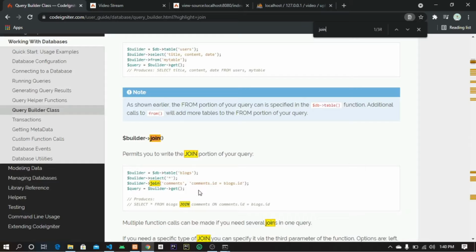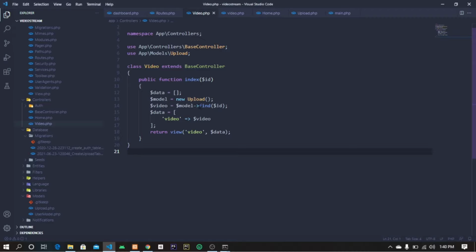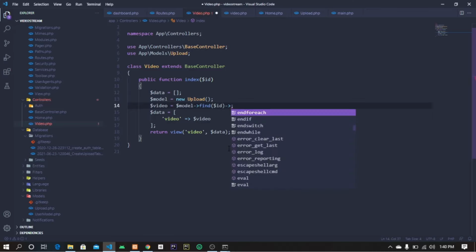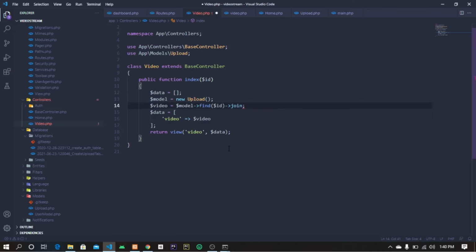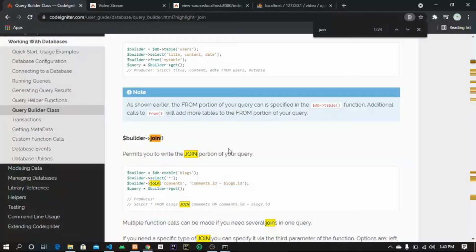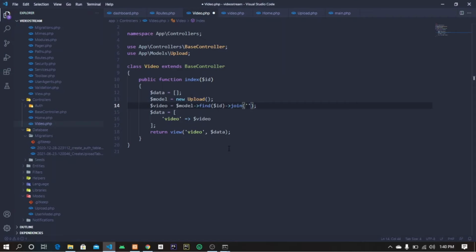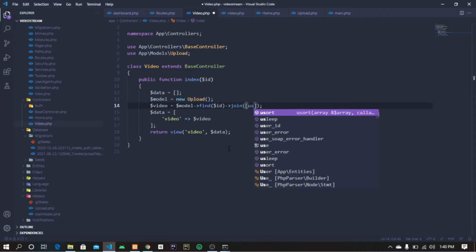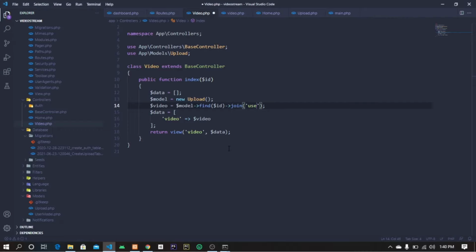Let's search for join. So Control F. Now we have this join here, so we are using the join. Instead of using find, we can use this find model. I think we should be able to pass the join. Excuse me. So we can pass the join there. We are joining with the users table